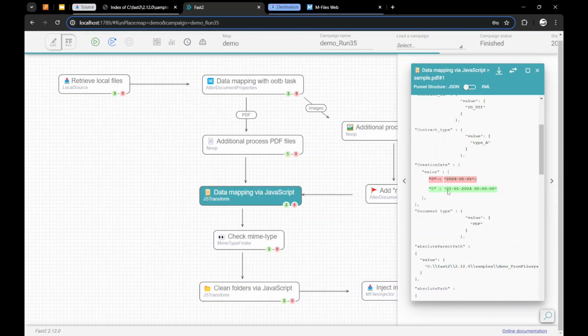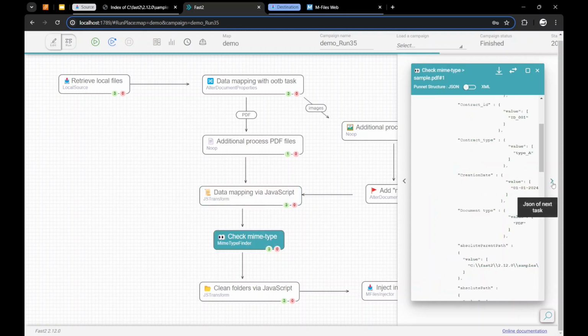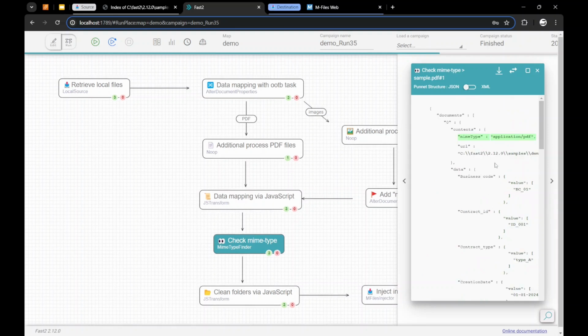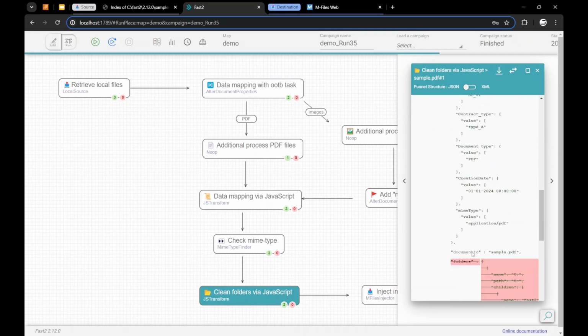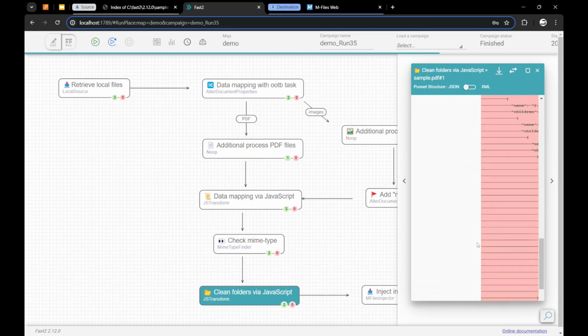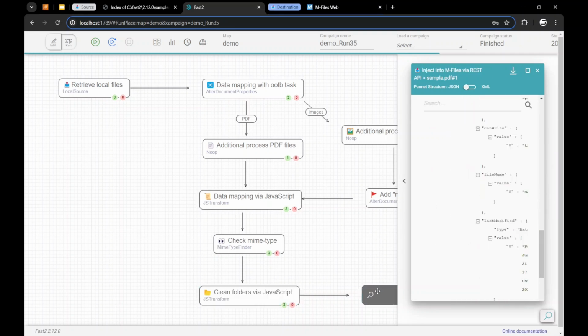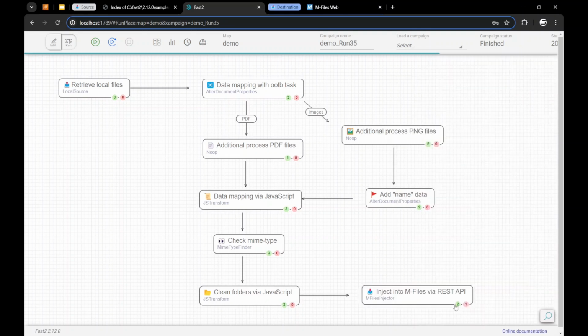So we find our creation date data where the value has been changed from this past format into the new format. The hours are being resolved to be 00. And then in the end, we check the MIME type, so we validate that here it's a real PDF and not just a file with the PDF extension. Then we clean some folders here, so we see that everything got erased. And then in the end, it went to this task here, but it didn't go to